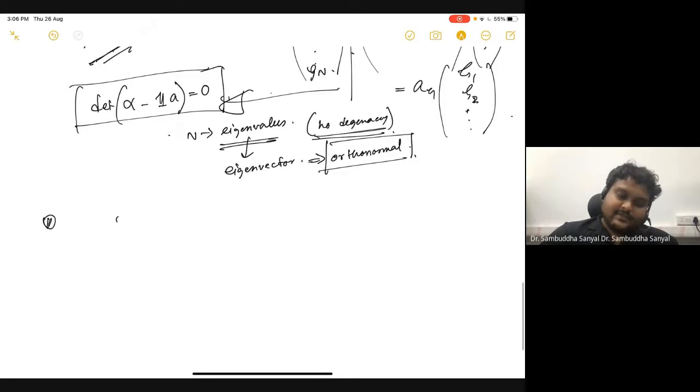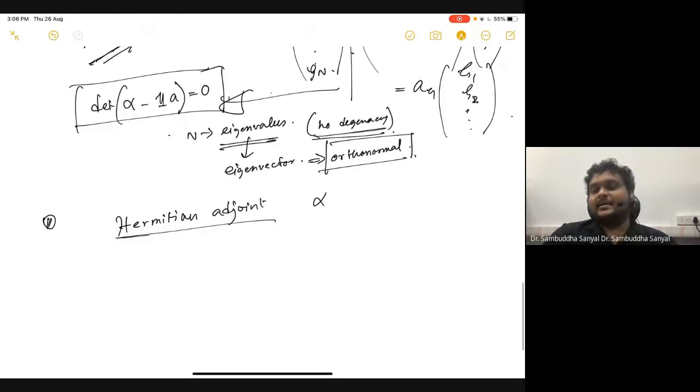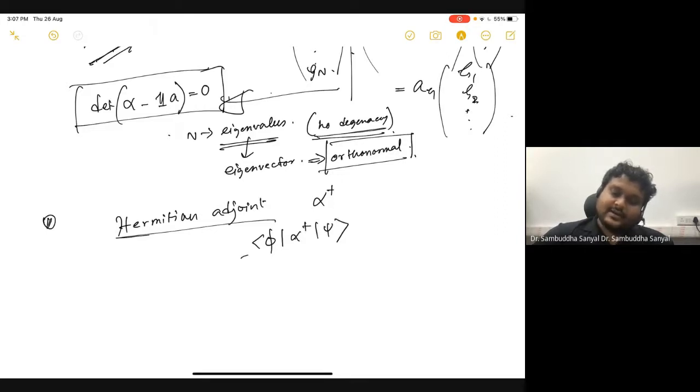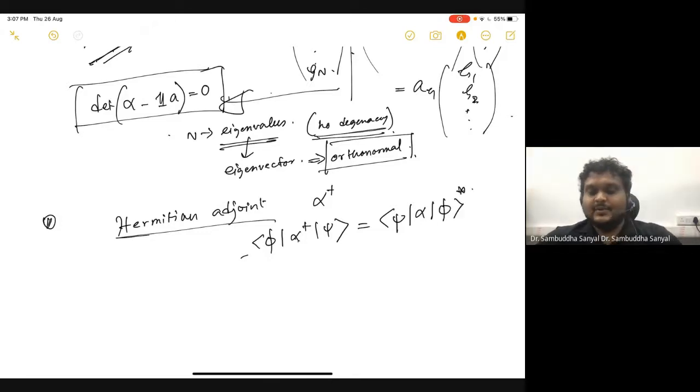Okay, now we will define another thing called the Hermitian adjoint, which I think you are also familiar with. If an operator is alpha, its adjoint is defined as alpha dagger, and it is defined as follows. You need two vectors to define it. You act alpha dagger on psi, you get another vector, and take its inner product with another vector phi. So alpha dagger means this, which means you flip the order of those two vectors and take a complex conjugate. So this is the definition.